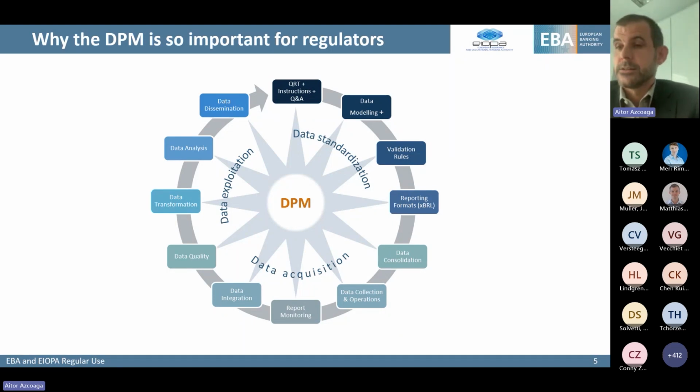In this area, so far, DPM is not much used. Normally you are exposed, I will tackle this later on, to processes that are maybe not really DPM driven, or you are more focused on the templates, maybe more on the taxonomy. So this is in any case the point in time where you need to prepare reporting. Once you have the reporting, you start to submit to the national competent authorities.